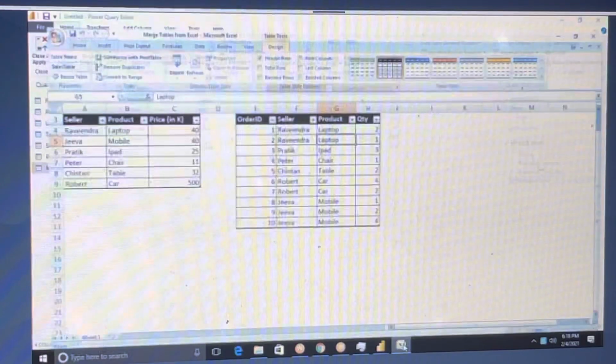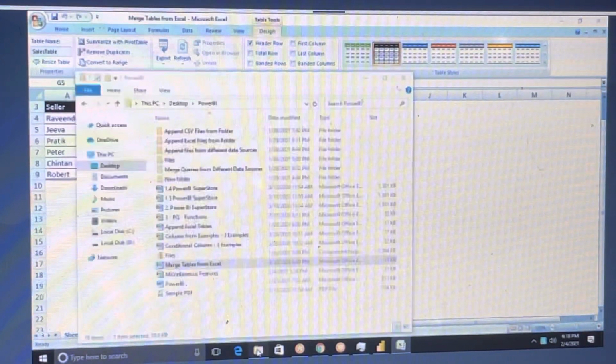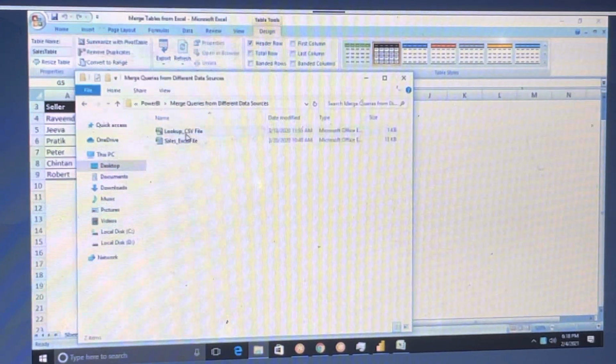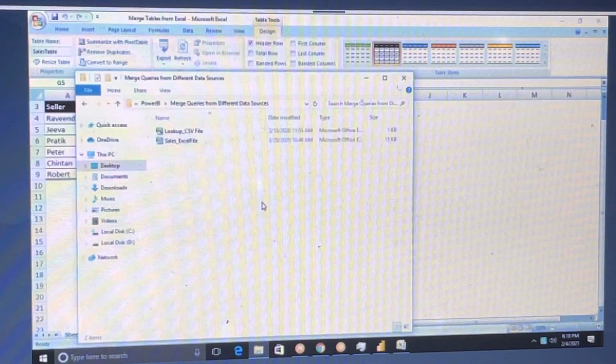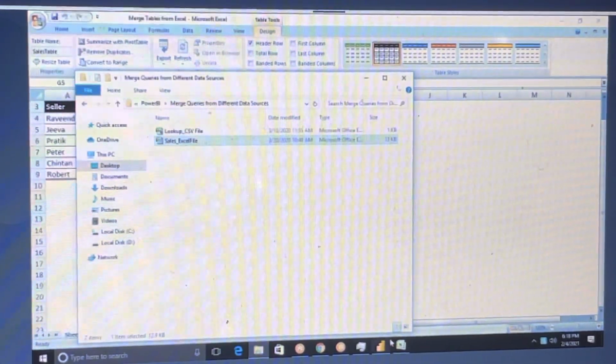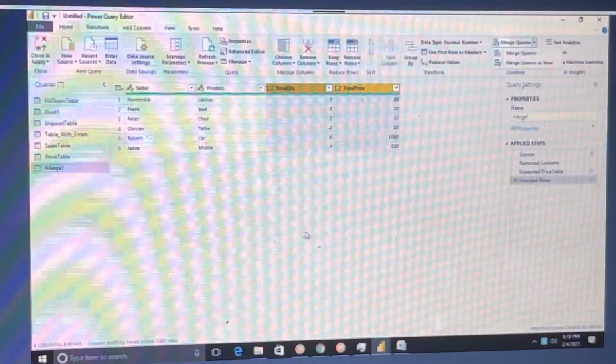So understand how to do that merge, right? Even if it is in different tables, like merging queries from different sources, there is no difference. You can select both and treat them as one query. However you have used this merge as new queries, you can do this.